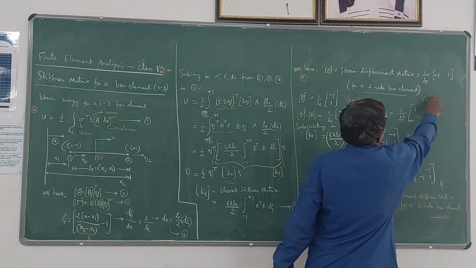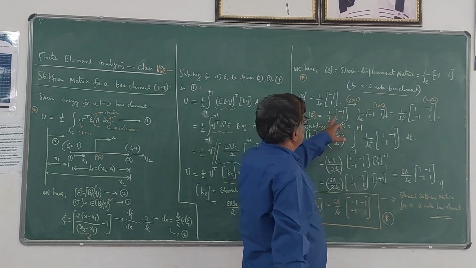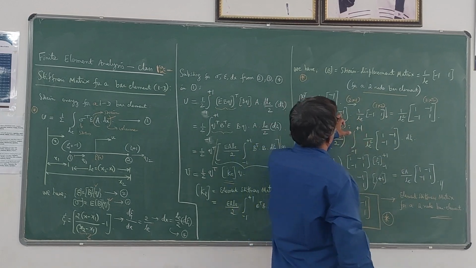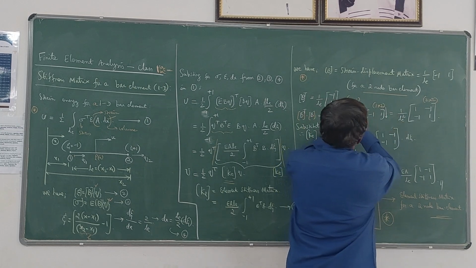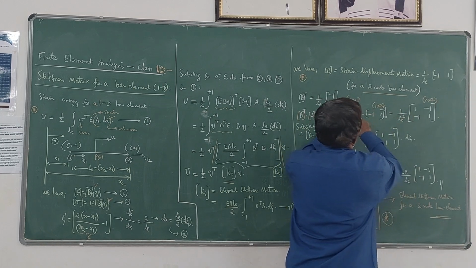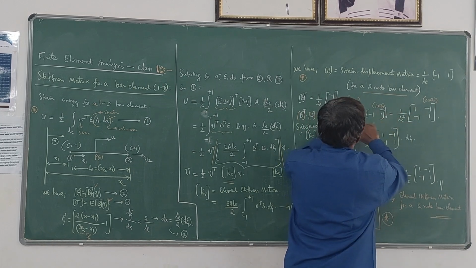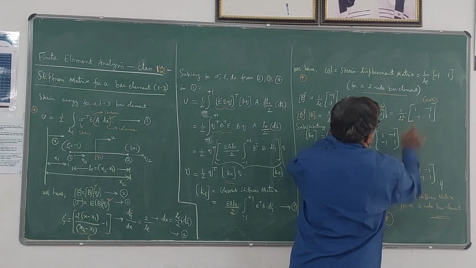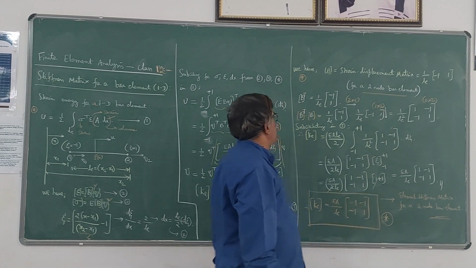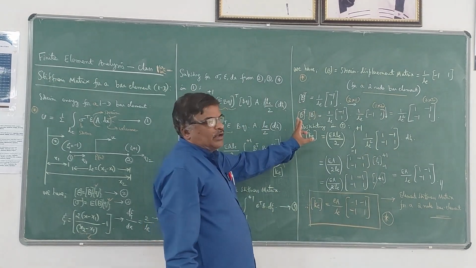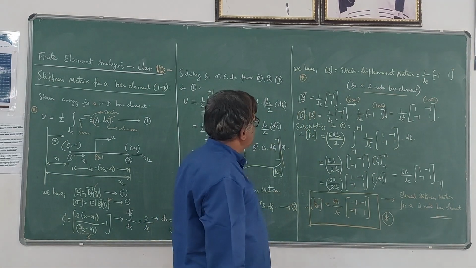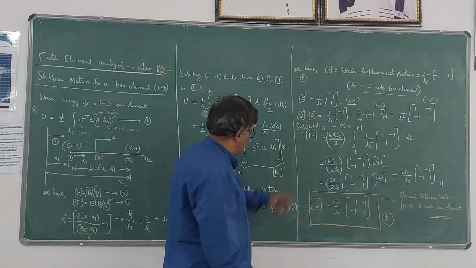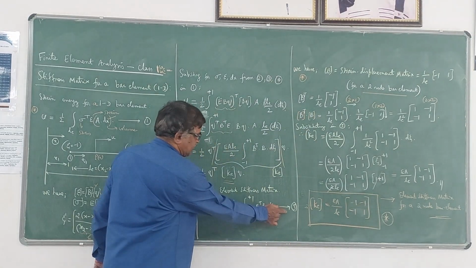So it becomes 1 by LE square into, if you multiply 1 into 1 it is +1, -1 into -1 will be +1. So -1 into 1 will be -1. Then 1 into -1 will be -1. 1 into 1 will be +1. So this is the matrix you are going to get as the product of B transpose and B. Then substituting this B transpose into B in this equation 5,